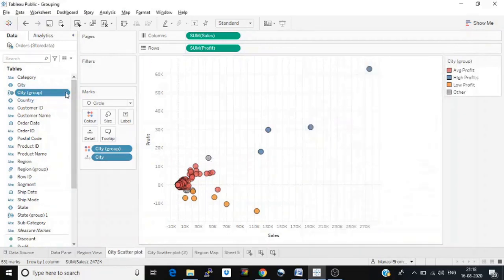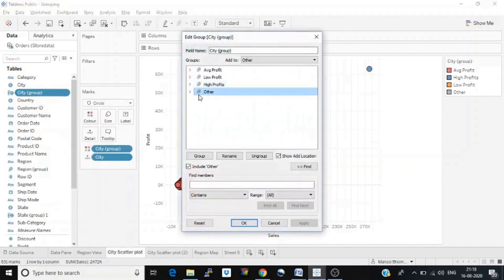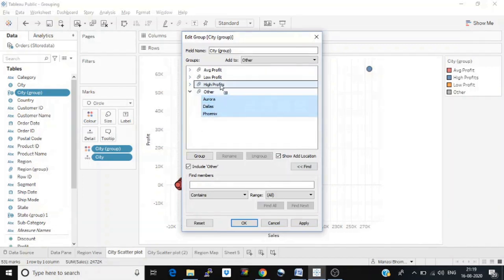Detroit, edit group. I only want this into high profits and I want all these remaining into average profit. Now you can see we have only three groups: average profit, low profit and high profits.